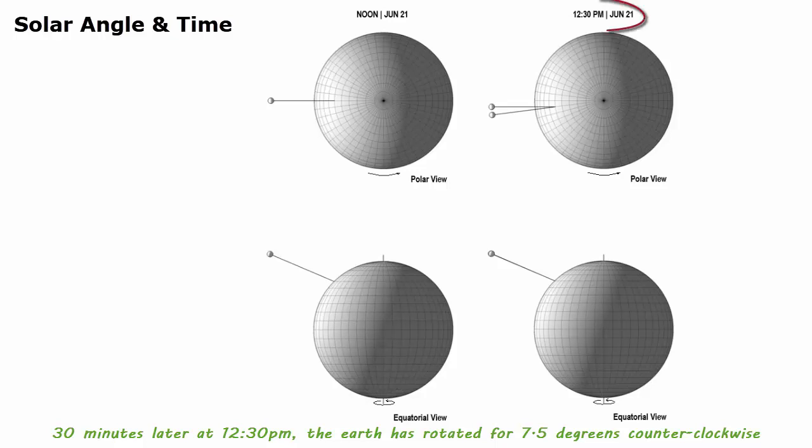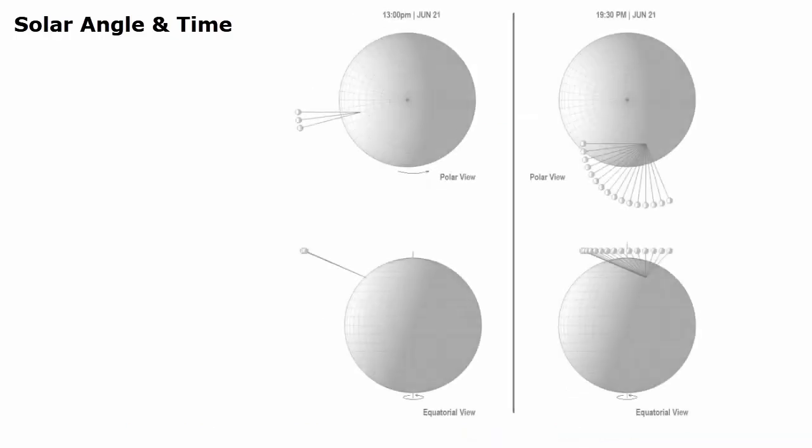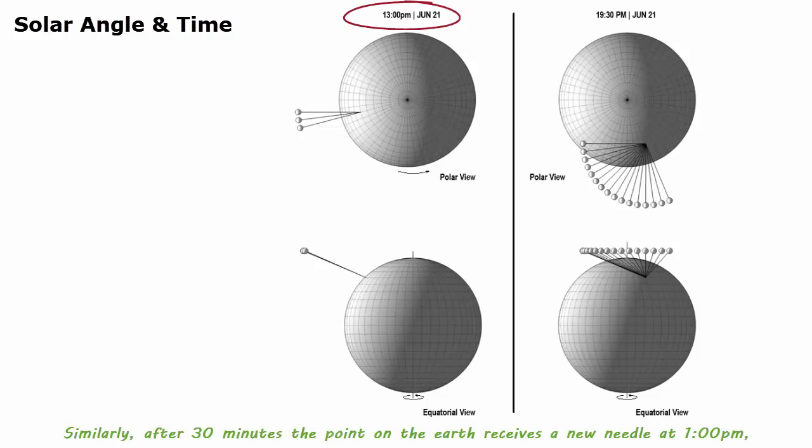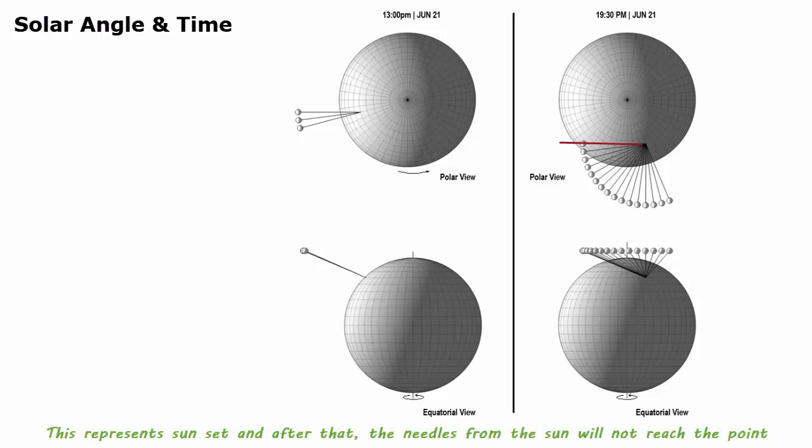30 minutes later, at 12:30 p.m., the Earth has rotated 7.5 degrees counterclockwise, and it received from the Sun a new needle that represents the solar angle at 12:30. The old needle that was received at noon has been rotated by 7.5 degrees. Similarly, after 30 minutes, the point on the Earth receives a new needle at 1 p.m. At 7:30 p.m., we receive the last needle that barely arrives at the point. This represents sunset, and after that, the needles from the Sun will not reach the point